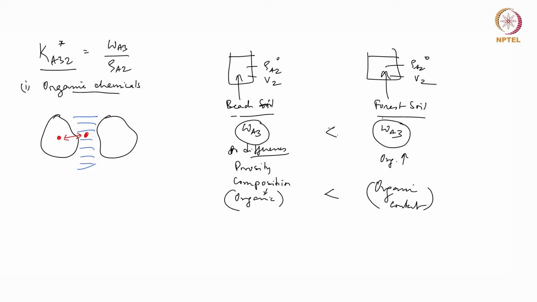So, this leads to more accumulation. Then we have a problem. If you want to describe Ka32 for a particular chemical, I have to go and get the organic content of all these things, and then I have to do an experiment to actually get it. So, I can't have a uniform property. I can't say Ka32 of a chemical